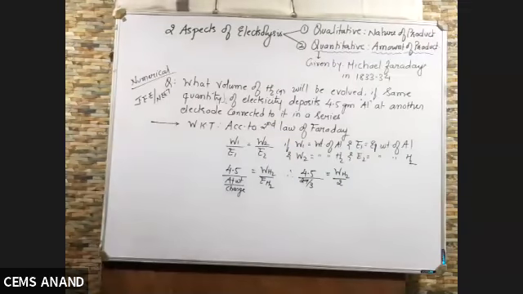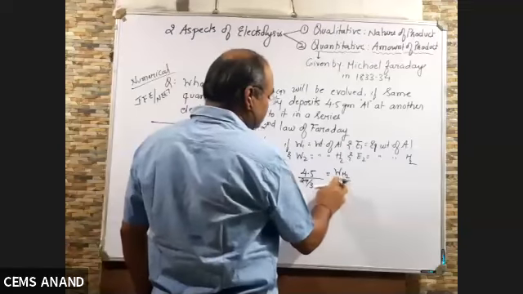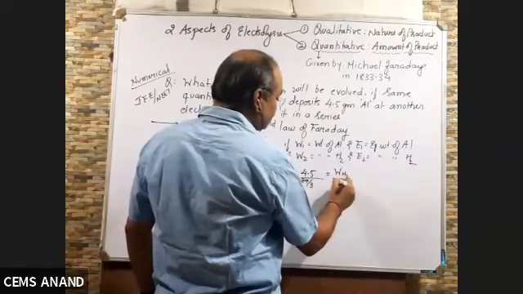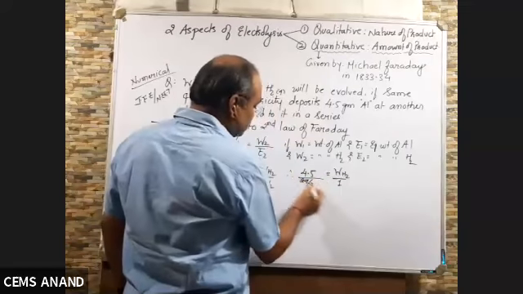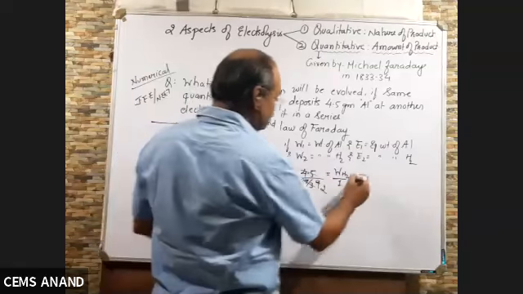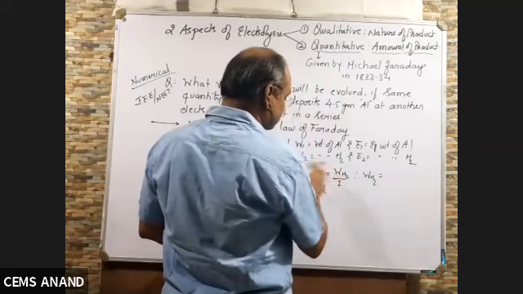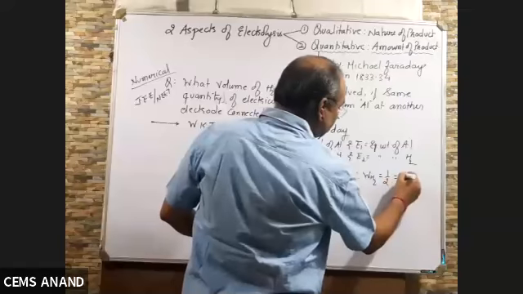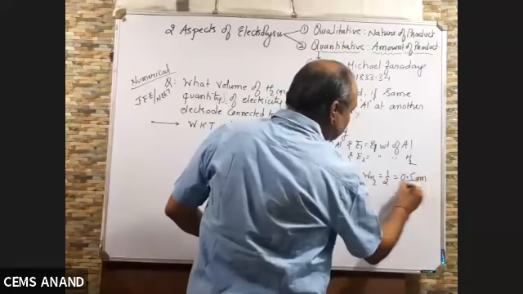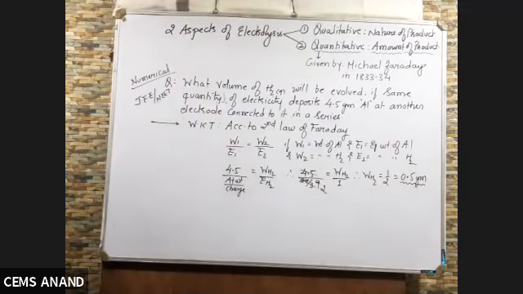Now solve this and tell me what is the answer. Equivalent weight of hydrogen, the number of electron transfer for hydrogen will be 1. This will be 9, this will be 2. So therefore, weight of H2 will be equal to, this will go up, this will be down, 1 by 2. 1 by 2 is 0.5 gram. So 0.5 gram H2 will be obtained.